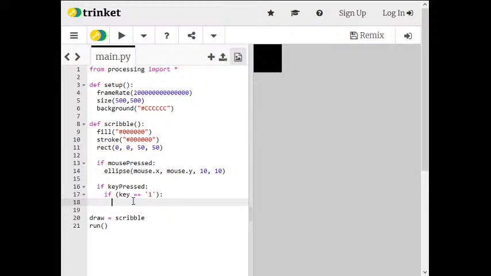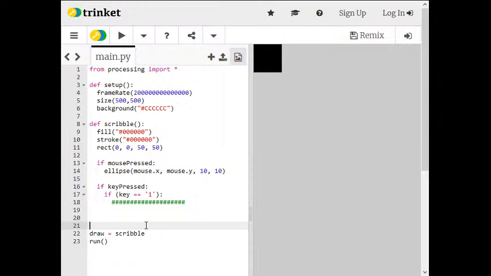So I'm going to abandon what I've been writing so far. In fact, I'm going to put a couple of hashtags in there just to show where I finished off. Hashtags are ignored by Python, except for these ones. Yeah, moving on. I need to declare a variable, and I need to make it a global variable, so it needs to be outside of a function. It needs to be outside of Scribble, and it needs to be outside of setup, and in fact, it needs to be down here at the bottom. Above draw,